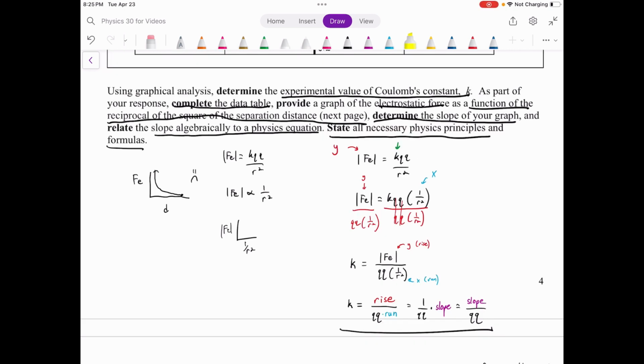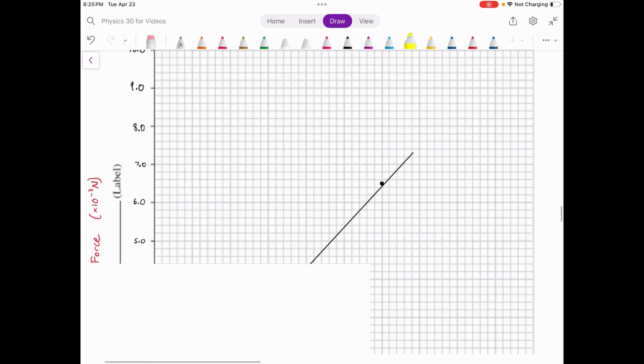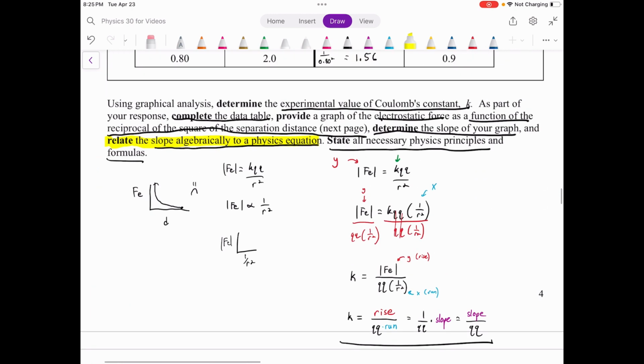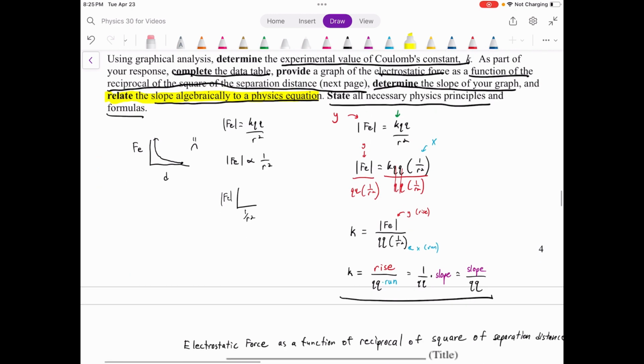Now, what we have just done is this. We've related the slope algebraically to a physics equation, right? They didn't just want us to find the slope. They know that we've probably done Math 10. They know we can do rise over run. They want us to show them why the slope is related to this physics quantity that we're trying to solve,